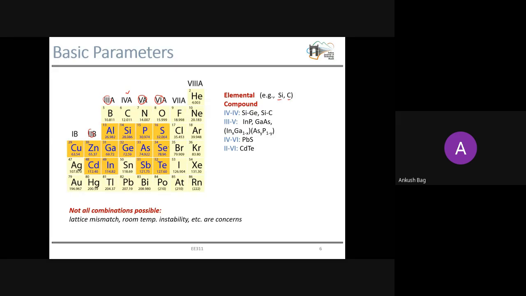In all these compound semiconductor materials, you will find 2 or 3 different types of atoms. So that is why these are called compound semiconductors. Again, another important thing regarding compound semiconductors, I think in the coming slide we have this.